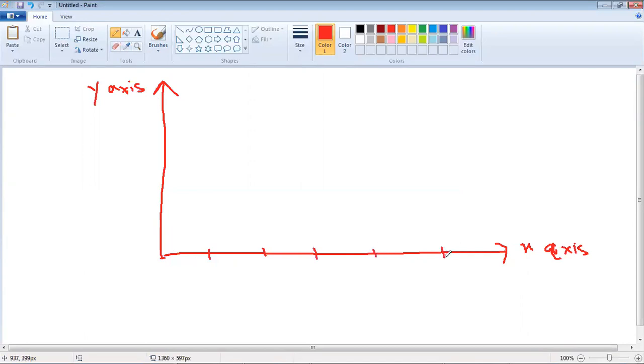Now suppose I have 5 subjects. Suppose the first subject is physics, the second subject is chemistry, the third subject is biology, and the fourth subject is, suppose, computer. And then let's take geography. 1, 2, 3, 4, 5 subjects. Now suppose I write here 10, 20, 30, 40, 50, 60, 70, and 80. Suppose the full mark is 80.